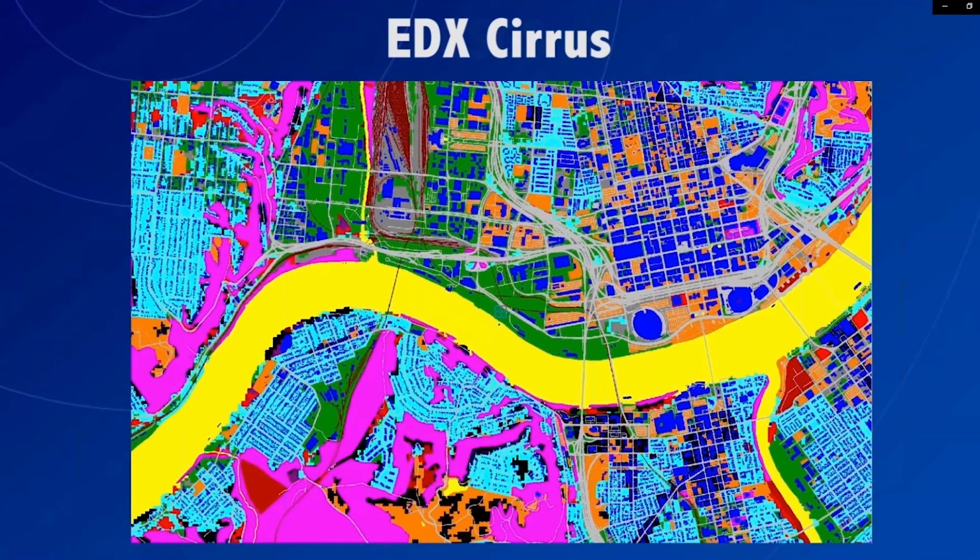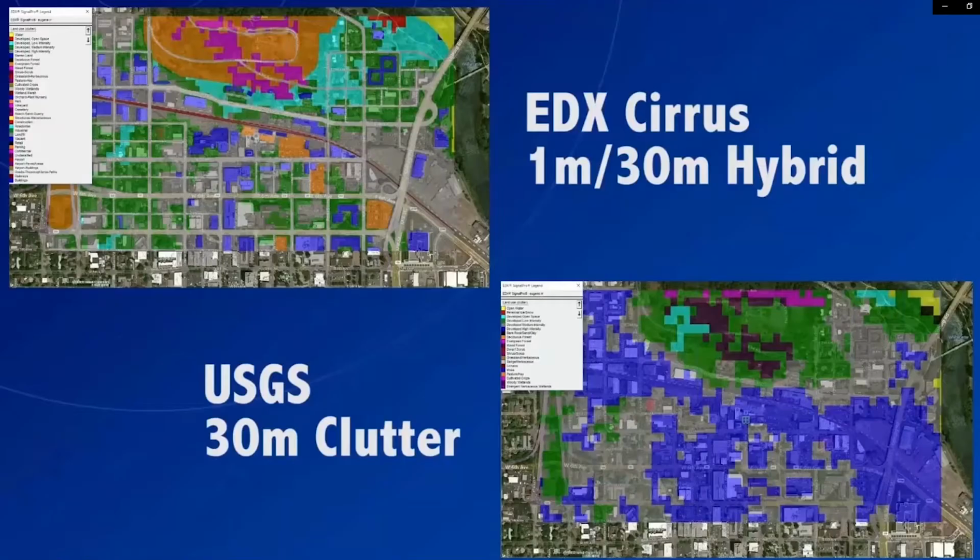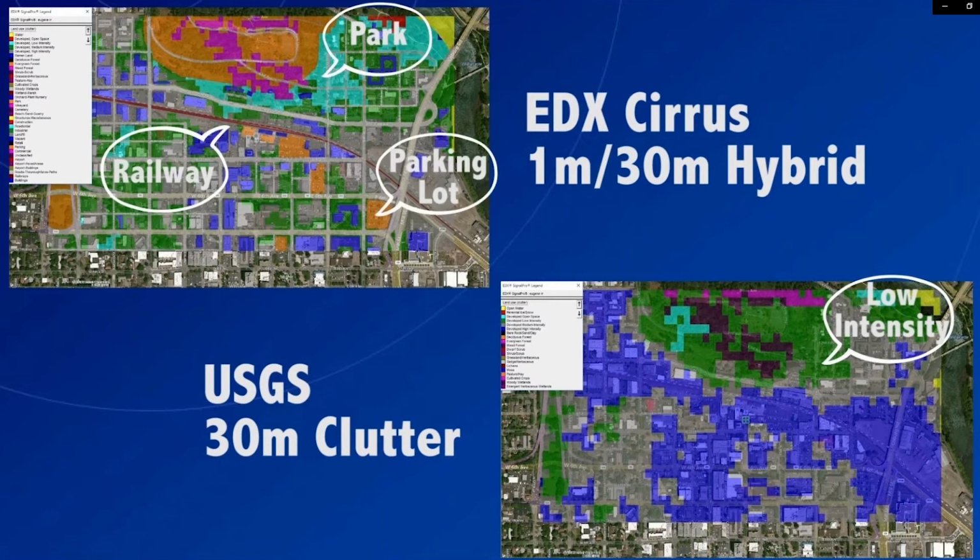So when the USGS creates this data, they actually have 99 different land use categories, the vast majority of which have absolutely nothing to do with RF. So they end up kind of cramming these categories down into 10 that are deemed relevant. And so you end up with several different areas all being classified the same. As you can see in this example, for an area around Eugene, Oregon, a railway and a parking lot are being classified the same as is a park with other distinctive areas of the hybrid clutter. Obviously, in the real world, propagation will behave much differently in these areas. Since the hybrid data offers much more detail and accuracy, you are going to get more accuracy out of your study results, hence a better network design.